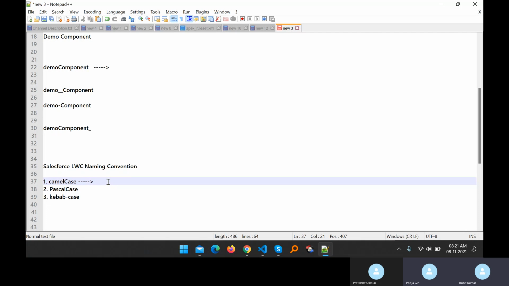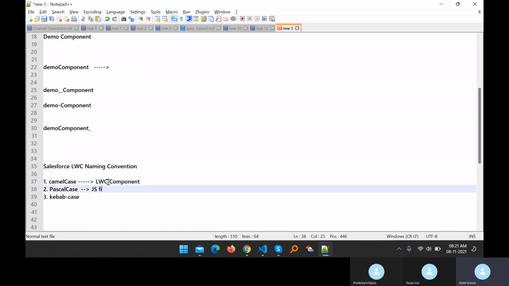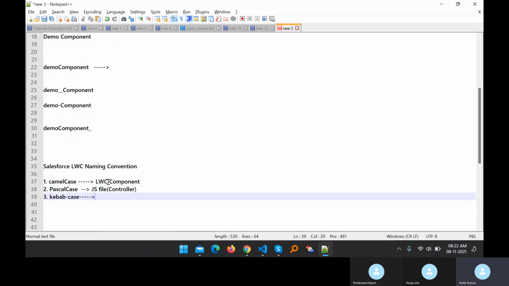Okay, no problem. So camel case is basically used for the LWC component, right? And Pascal case is always used for your JS file, meaning the controller. And kebab case is always used for referencing an HTML template, or we can say a component, from another component, like parent to child communication or child to parent communication.